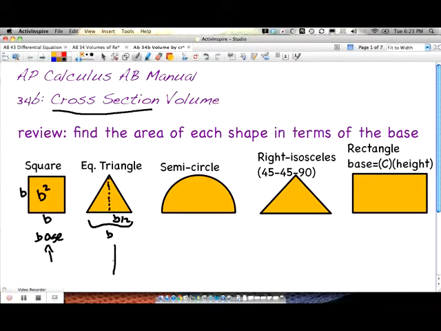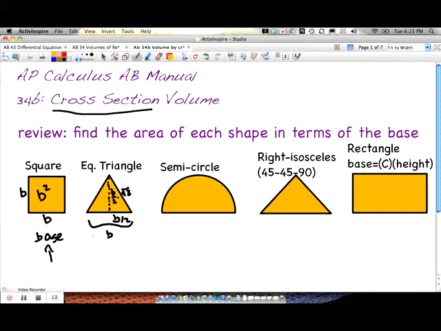And thinking of this as like a 30, 60, 90 triangle, in which the relationships tend to be x, x root 3, and 2x, it doesn't really matter what letter you use, but that height there is root 3 times whatever this short side's going to be. So this is going to be b over 2 times root 3 for this height. So then the area